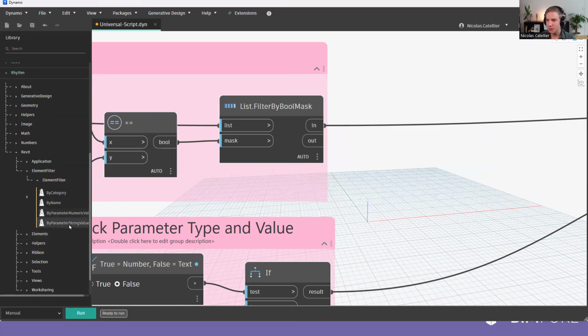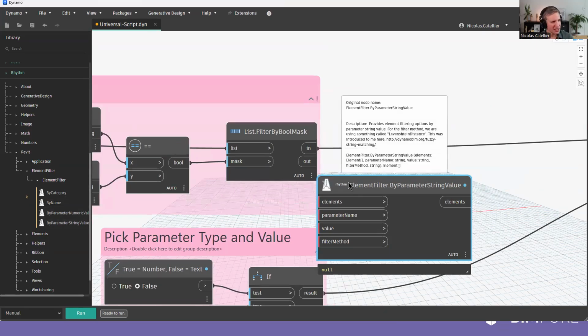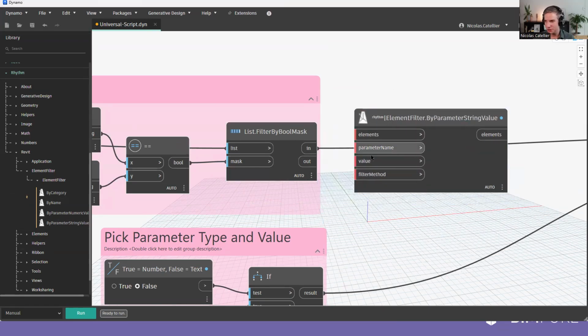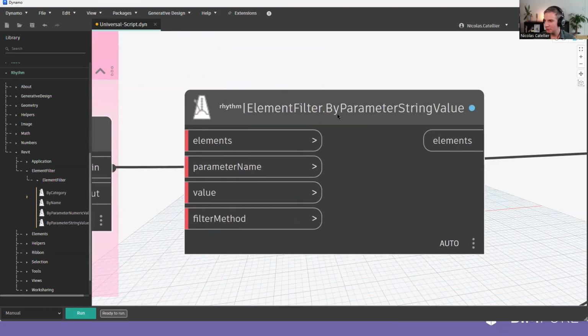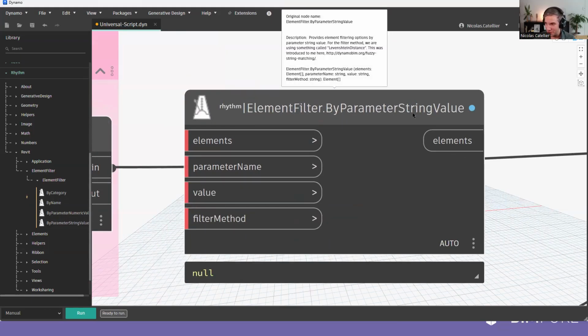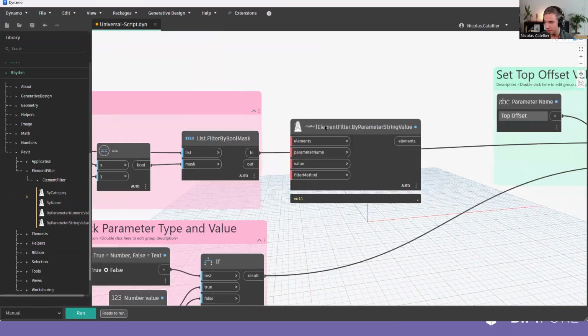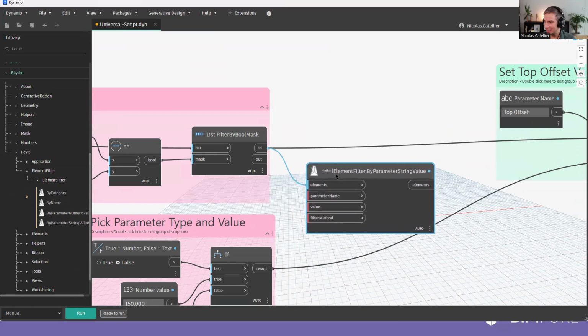But in this case, I'm going to use by string value. So this is a node from a custom package, although you could use some default nodes to accomplish the same thing, but just to save a bit of time to cover other topics, I'll be using this one. It's called element filter by parametric string value. Again, string equals text. So I can only filter by a parameter that is a text value, such as comments, for example, or mark would also work. So in this case, I will plug this into the list over here,